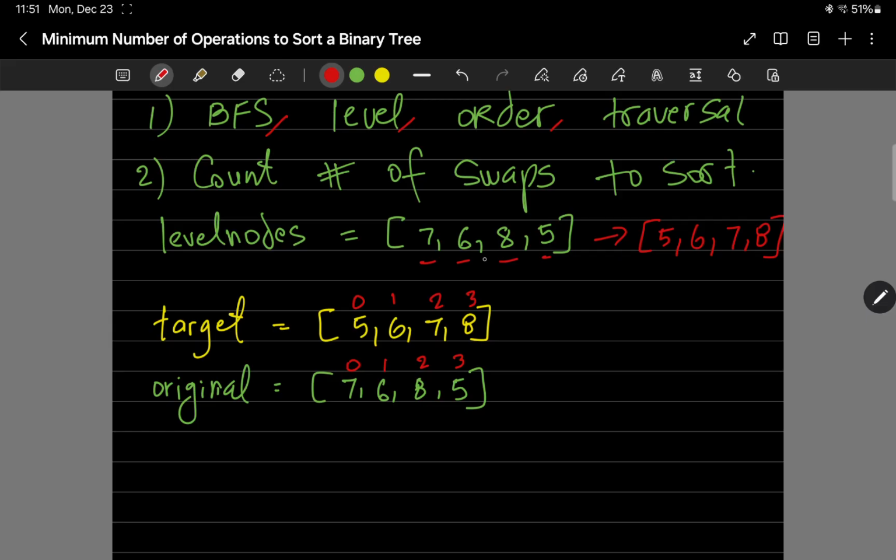So we are given these level nodes, and after we sort, this is going to be our target. After we sort them, it will be 5, 6, 7, and 8. And originally we have 7, 6, 8, and 5. So if you look at the indices of this array elements,